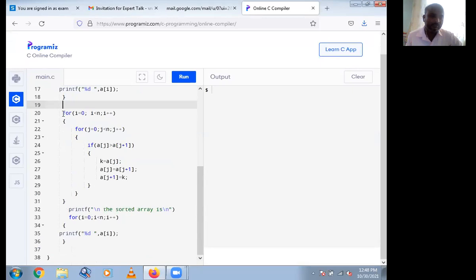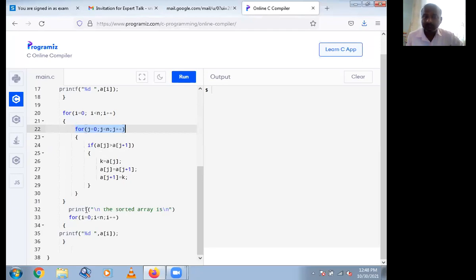I want to sort this array in ascending order. For that, the code is for i equal to 0, i less than n, i plus plus. For j equal to 0, j less than n, j plus plus. Then check if a of j is greater than a of j plus 1. If this is true, then interchange the elements with the help of a third variable, that is k is equal to a of j, a of j is equal to a of j plus 1 and a of j plus 1 is equal to k.